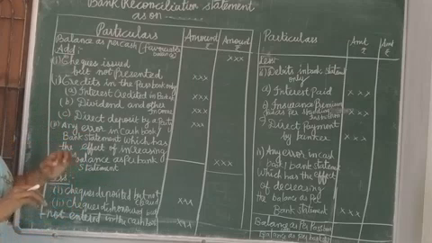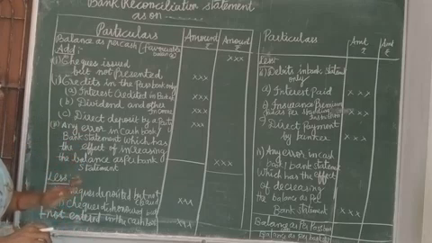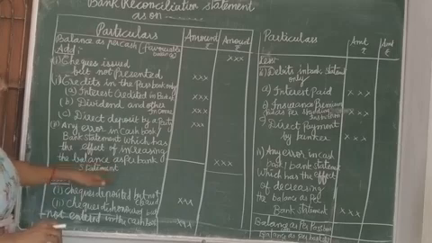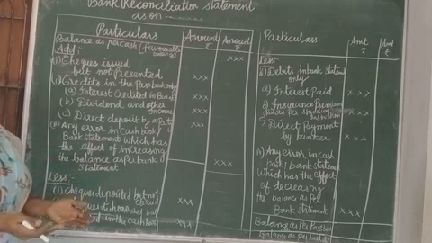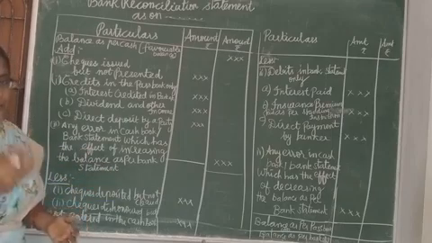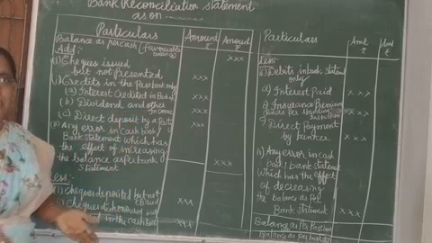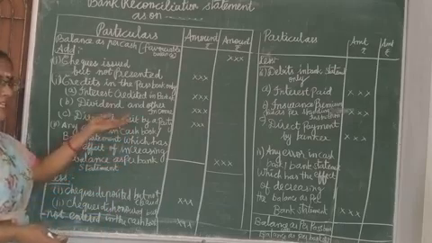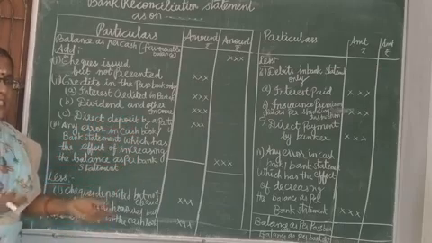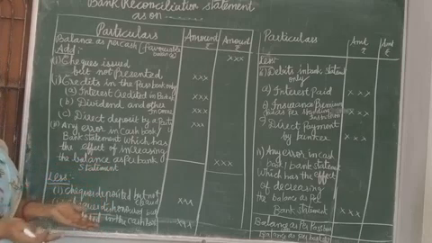And then any error in the cash book or bank statement which has the effect of increasing the balance. See, if the passbook has credited twice by error, then in the cash book also we have to increase the balance. So these are all the errors. If we add this error, then only we can reconcile the cash book equal to the passbook.